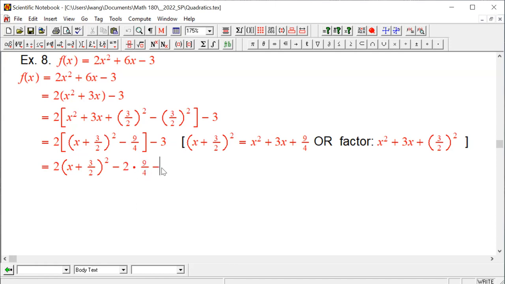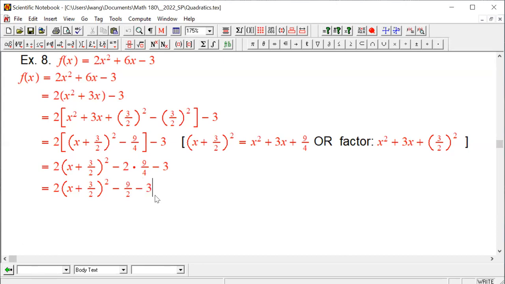And then subtract the 3. Never forget this minus 3, okay? It's just tagging along, even though it doesn't do anything until now. This piece is already finished. Subtracting, 2 times 9/4, 2 and 4 reduce, so we get 9/2